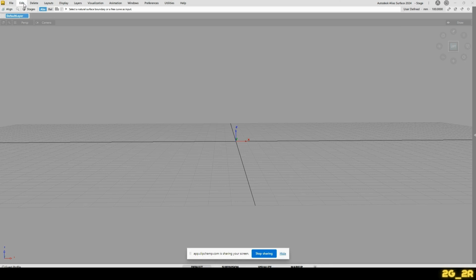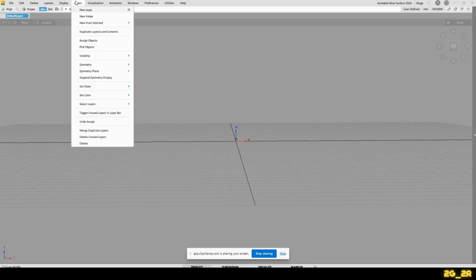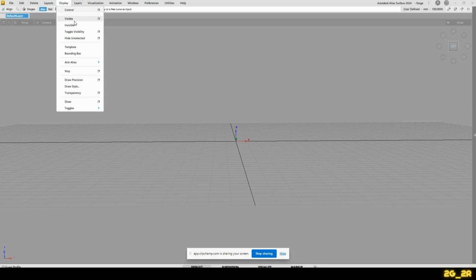So we've got here a bar with some tabs. We've got file handling options and some editing options, delete, layouts. This is basically how you see the modeling windows and displaying objects, or how they are being displayed. This is a wireframe anti-alias, the shaded anti-alias. Here you can control the thickness of the wires, the jitter that you would have on curves, or how smooth those curves are, the draw style and the precision, transparencies, and here you can toggle and switch off, let's say,